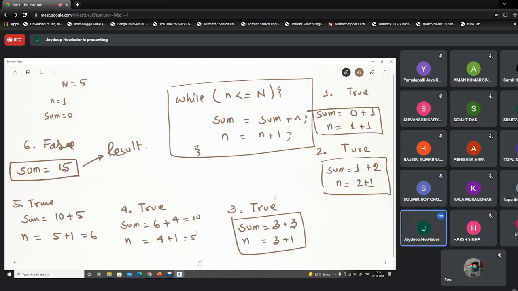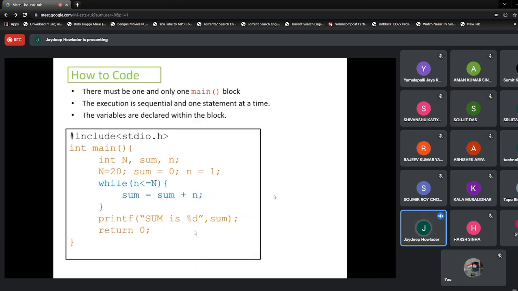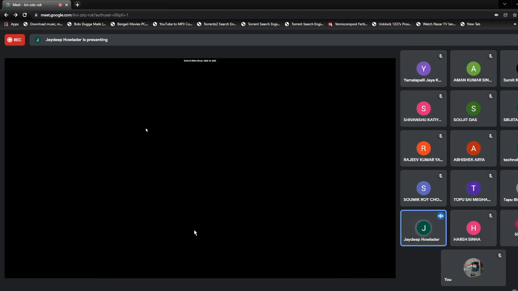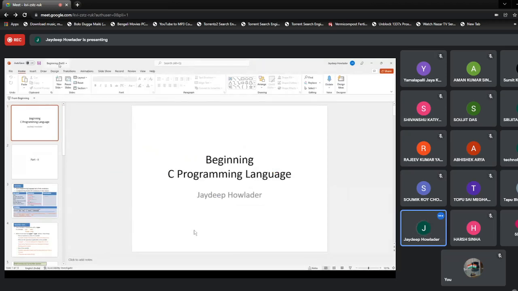Okay. So these are the three types of looping, and this is basically the program that we have written. So we are not going deeper into this part. What we understand is that if we want to write a program, first we have to identify how we can arrive at the solution. Then we identify what variables we may require, and finally we design the logic, and then we translate this logic into programming code.